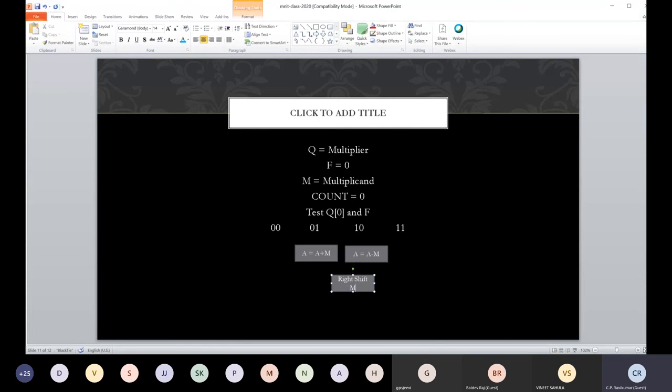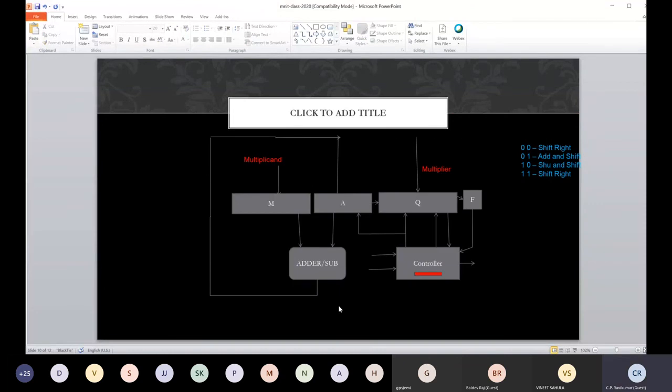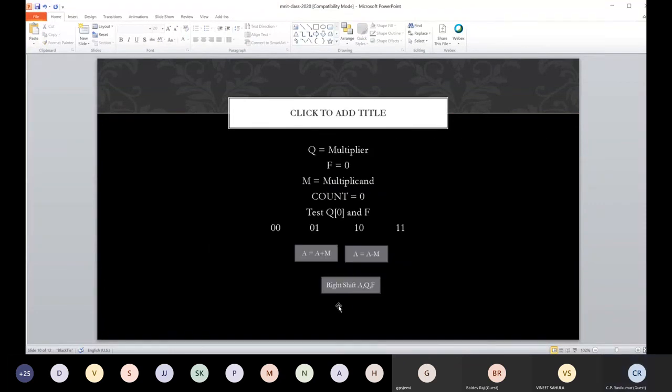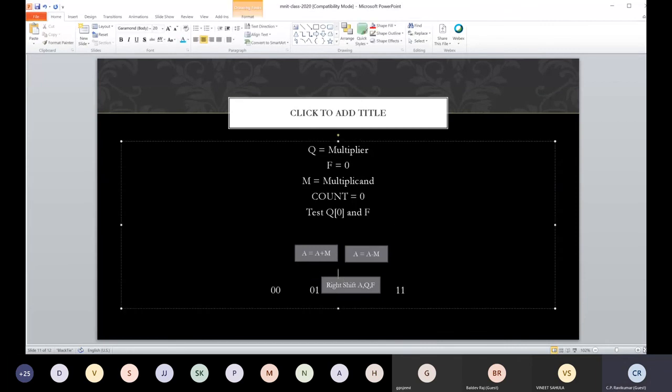your AQF. And then count equal to count plus 1.